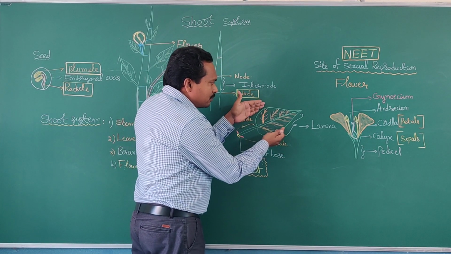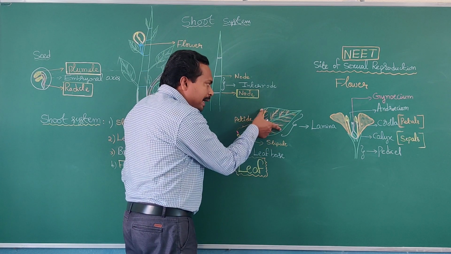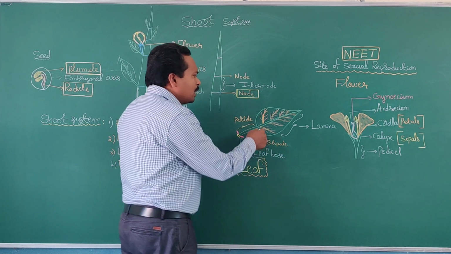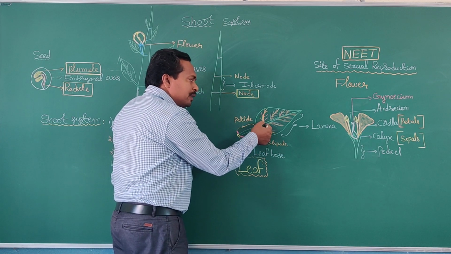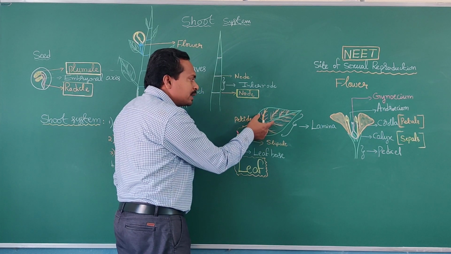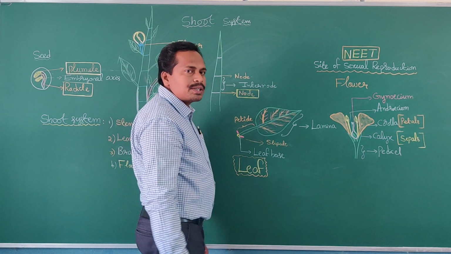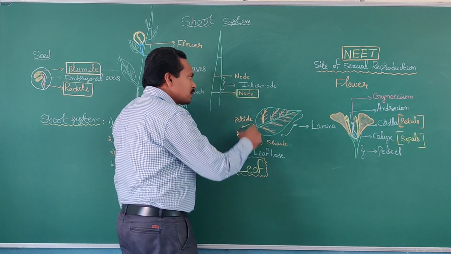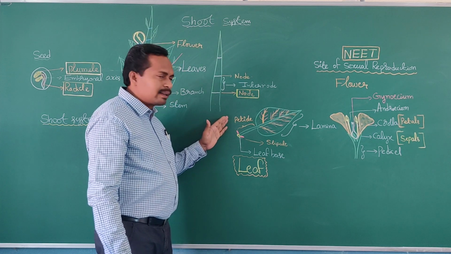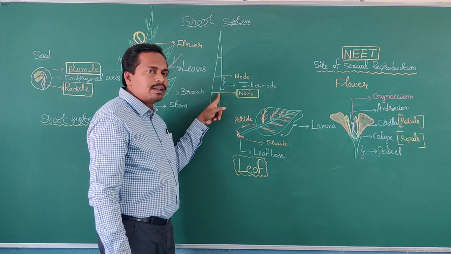And next, the fourth part of the leaf is the lamina or leaf blade. The terminal expanded part of the leaf is known as the lamina. This lamina consists of the midvein, lateral veins and veinlets. The arrangement of the veins and veinlets in the lamina of the leaf is known as venation. Regarding the leaf, the important thing is where the leaves are developed: the leaves are developed from the nodes region of the stem.